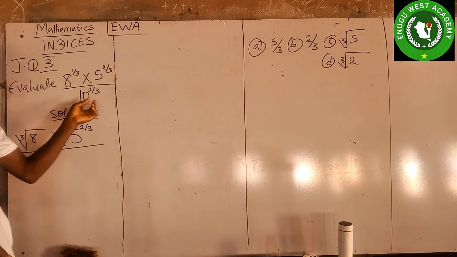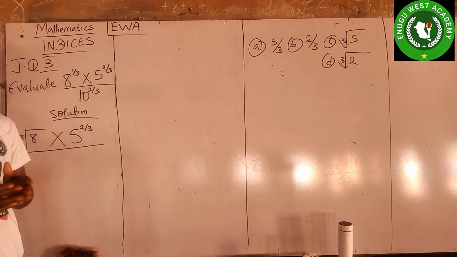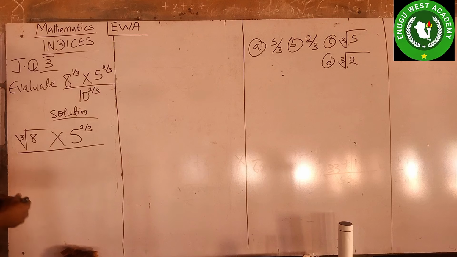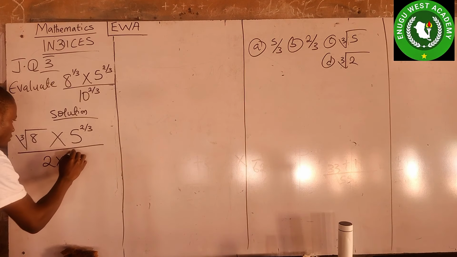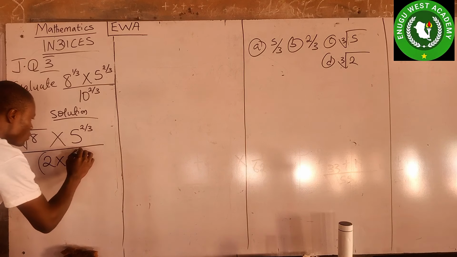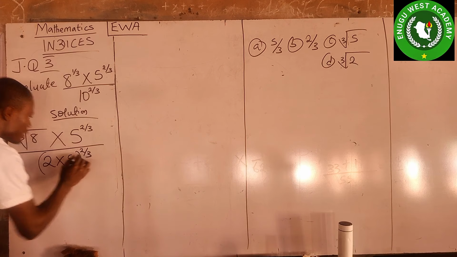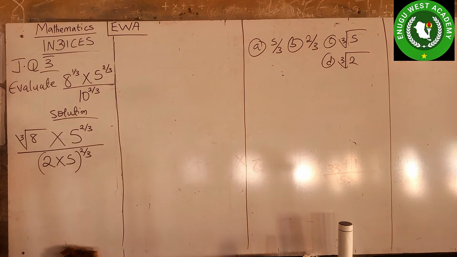But can we split 10? Yes. We can have 2 times 5. So we're going to have 2 times 5, all raised to power 2 over 3. 2 times 5 is the 10. That's why it is inside the bracket, raised to power 2 over 3. Remember the product power law. So we're going to have cube root of 8 is 2